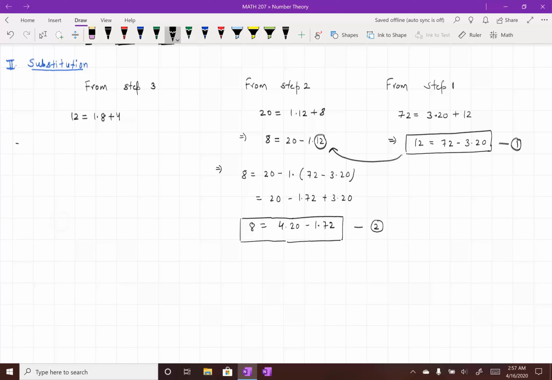So from here you can say 4 is going to be equal to 12 minus 1 times 8, and then you can use your first and second equations to substitute the values for 12 and 8 in terms of 20 and 72. So using your first and second, we get